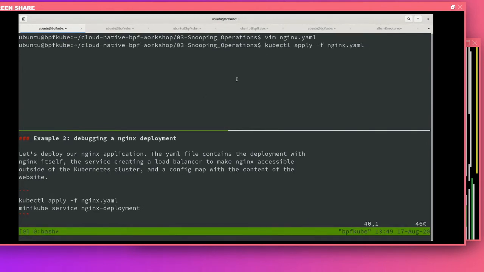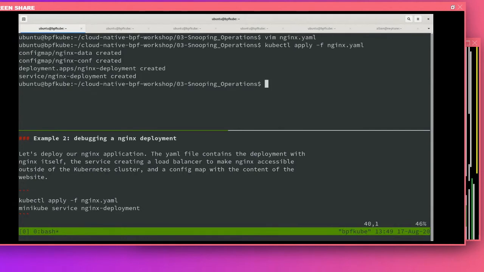So it creates the config maps, the deployment, and the services. So you can access this Nginx from outside of the Kubernetes cluster through the services. In this case, we use Minikube, so I will use this Minikube service command in order to